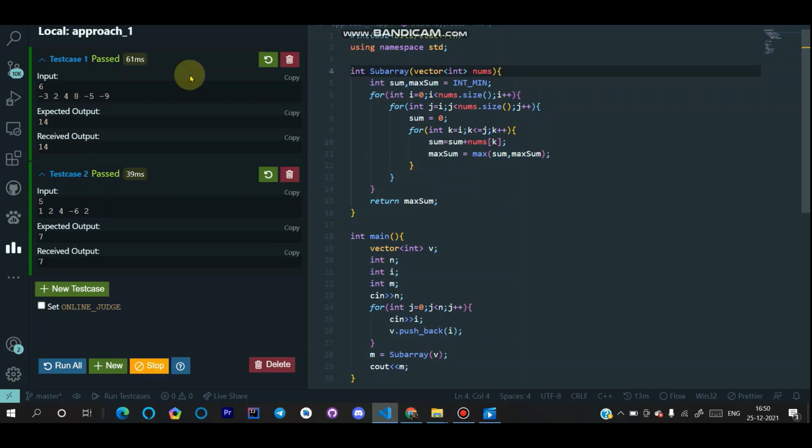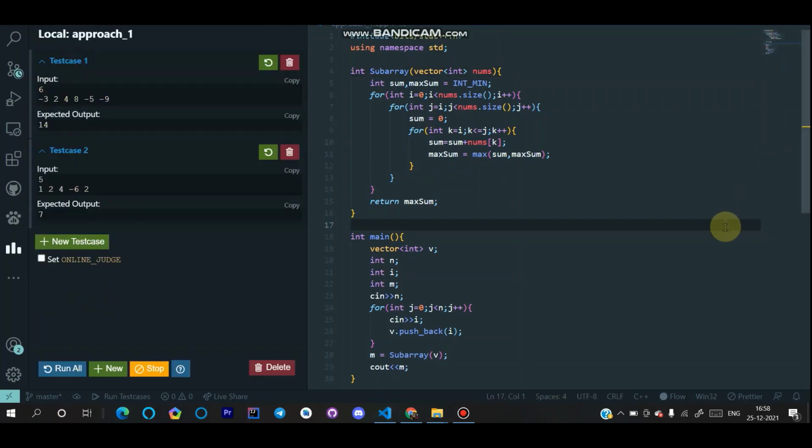Okay, let's see the other approach. Now just optimizing a little bit, just removing this k loop. We see that it does nothing but the same stuff multiple number of times. If we see here 1 plus 2 plus 4, this k loop will do it multiple times.